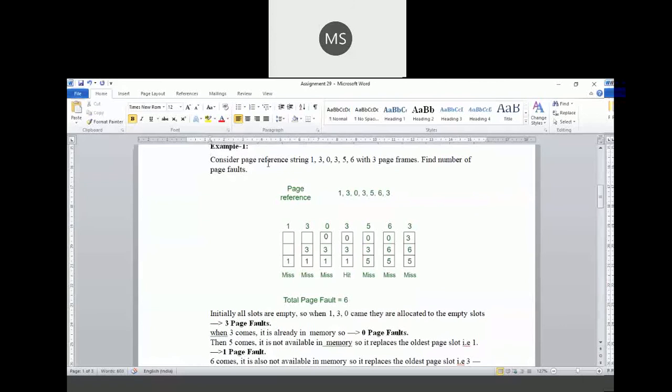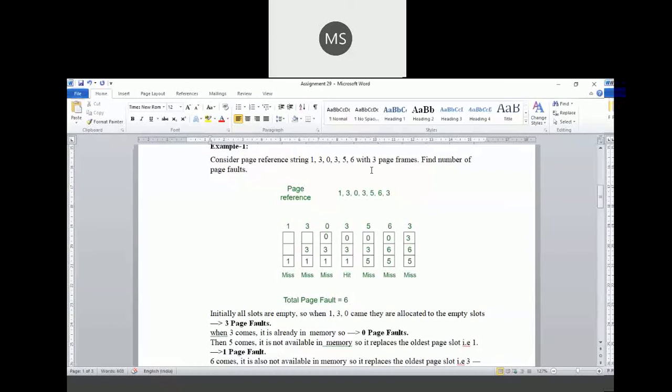A typical example: consider a page reference string. Page faults are counted with reference to the page references. That means, no matter which program it is, our program refers to certain pages from the main memory. We now consider page references 1, 3, 0, 3, 5, 6 with 3 page frames. The requested pages are in the sequence 1, then 3, then 0, then 3 again, then 5, then 6, and only 3 seats are available.